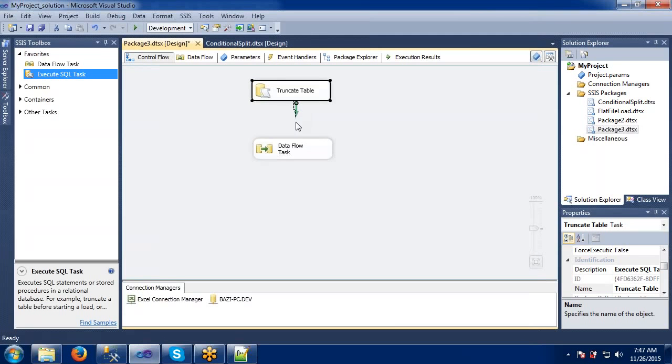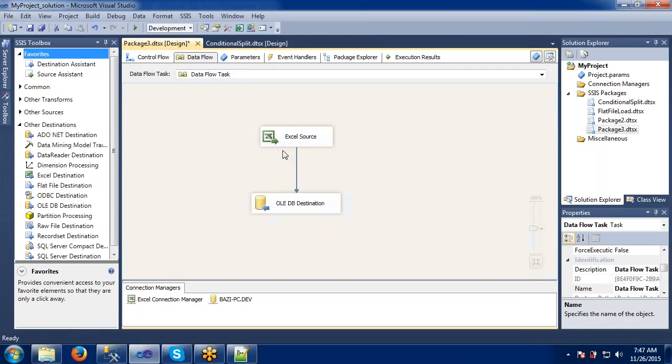Connect from here to here, which means once the first task is completed, then go to the next task. In my next task, it is the source to destination. What we have discussed is that we want to do some sorting and remove duplicates, right?